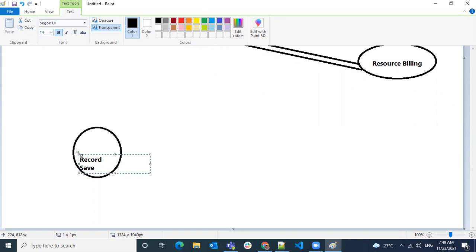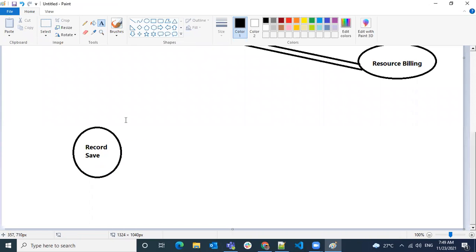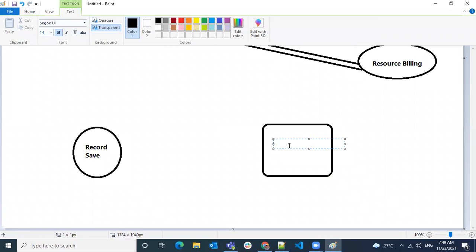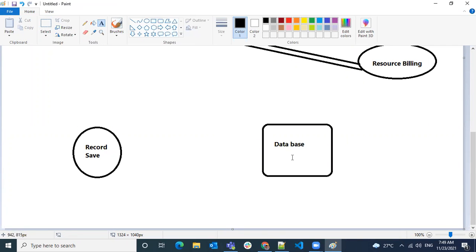When the record is saved, what will happen was it will be sent to the database, and after sending it to the database, when there is no failure, then only it will commit the changes.